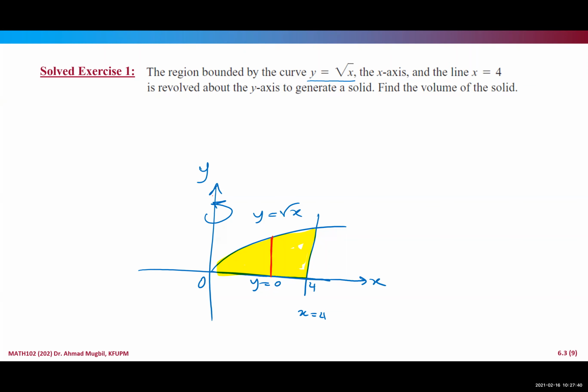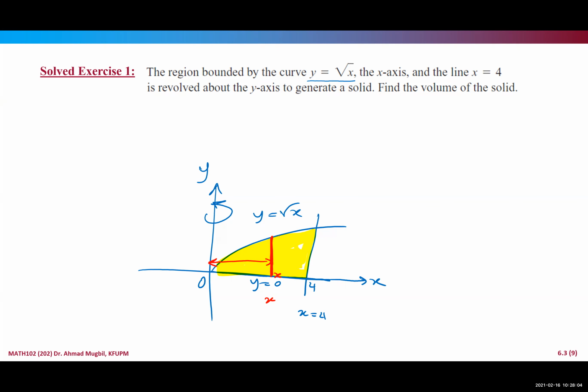This is the axis of rotation. It is the y-axis, so it is a vertical line. So we will draw a vertical line at any place. You can draw it here, here, whatever. So let's say we draw it here, and here we call it x. Okay, so now we will find the distance from this line to